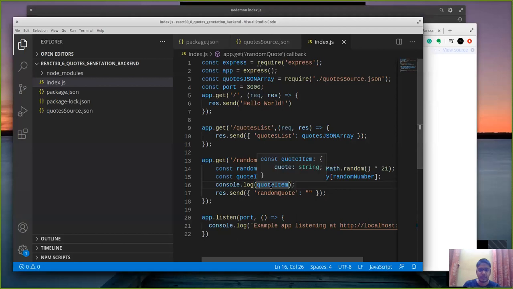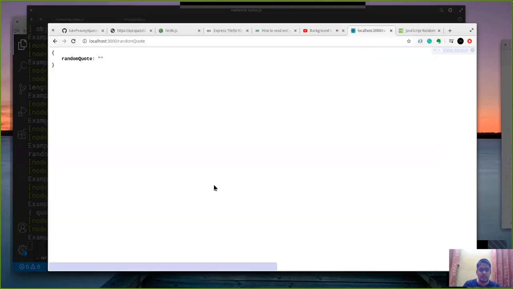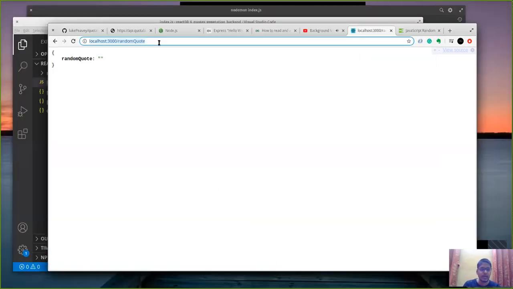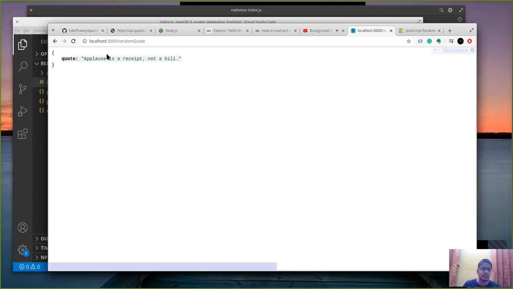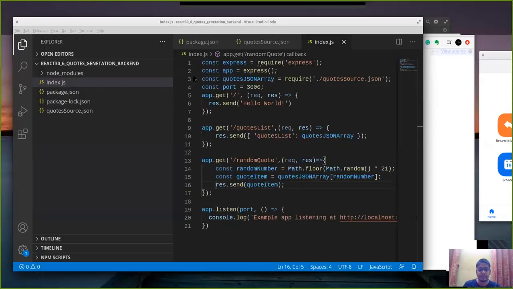Now what we can do is pass this code directly on the code object as a response, and hopefully we will have a random code. Yes, so we have a random code.